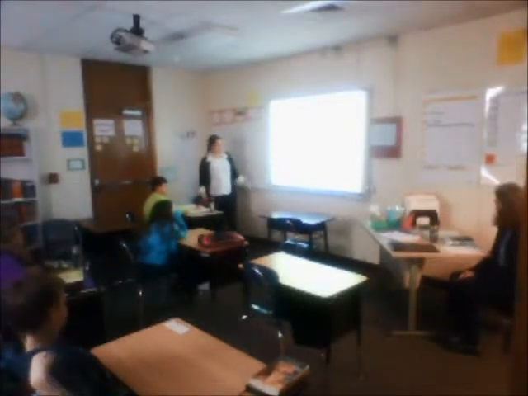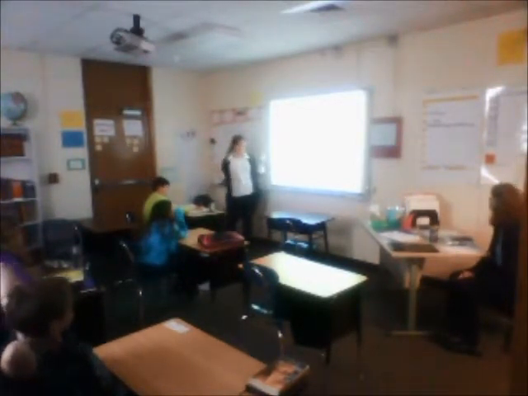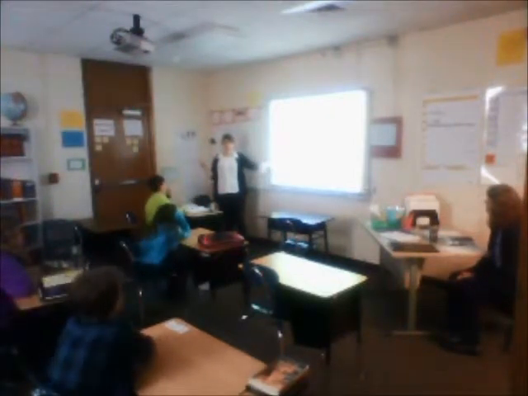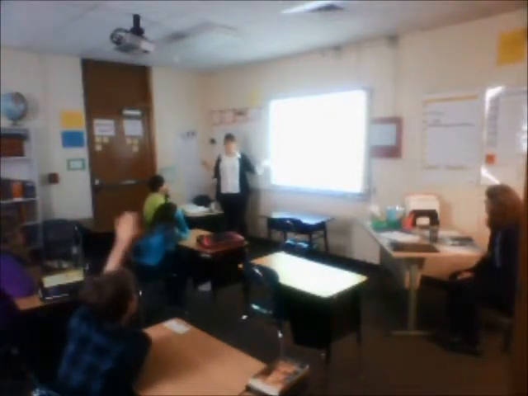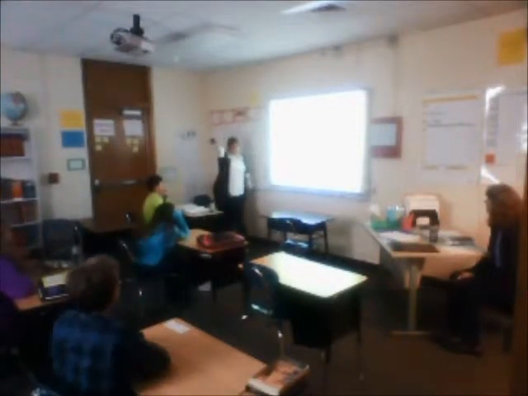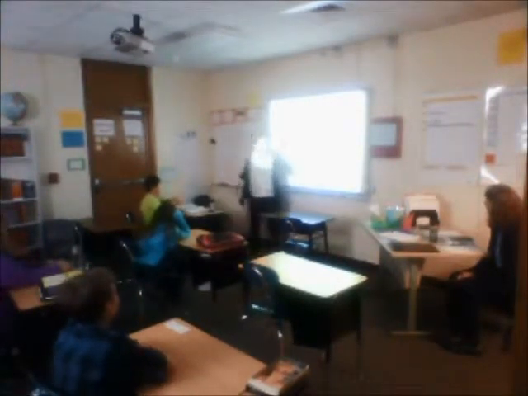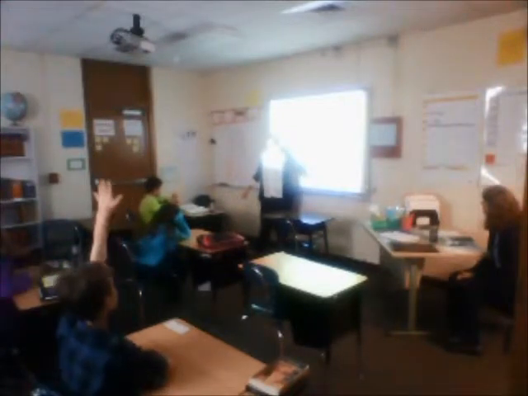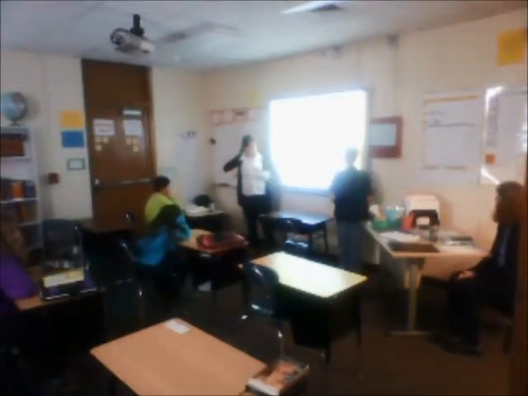Pretty cool, right? All right, so equilateral has 3 sides the same. Isosceles has 2 sides, 2 the same. Okay, where are my 2 sides that are the same here? Bodhi, you want to come point them out? Here's one whole side. So what are my 2 sides that are the same? We have 1, 2, 3 sides. Which ones are the same?